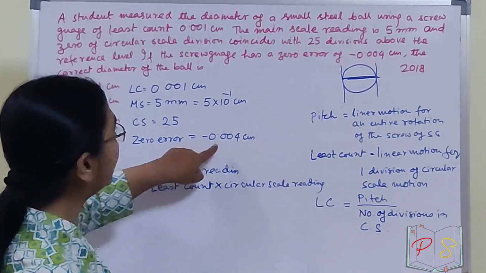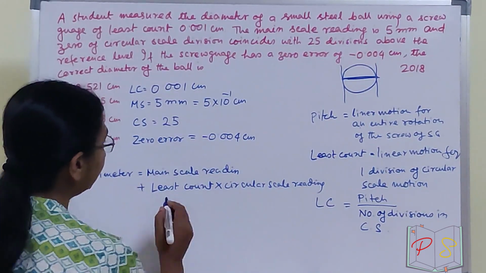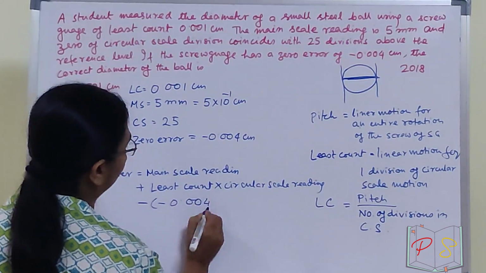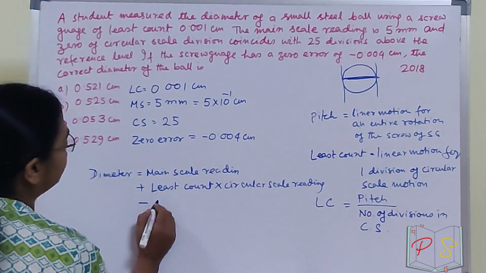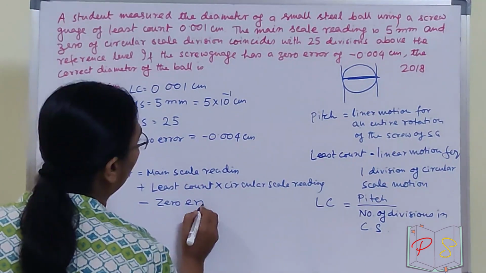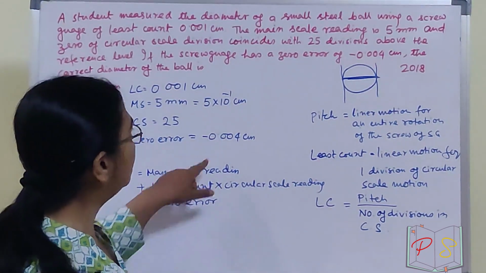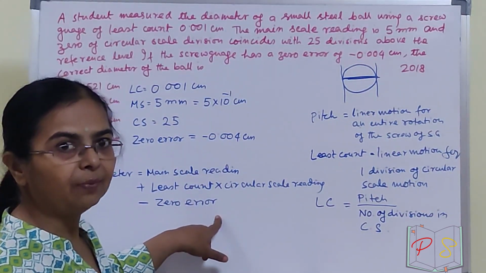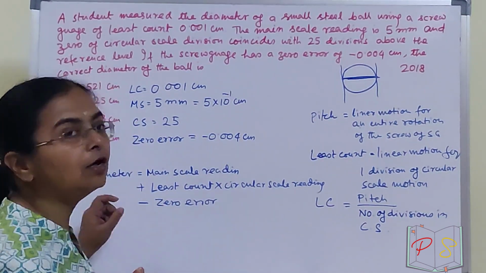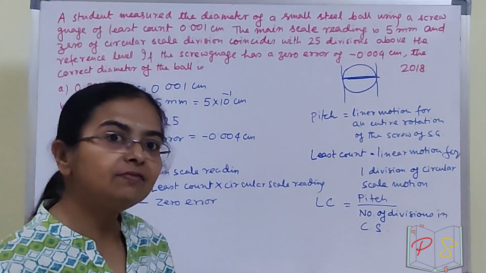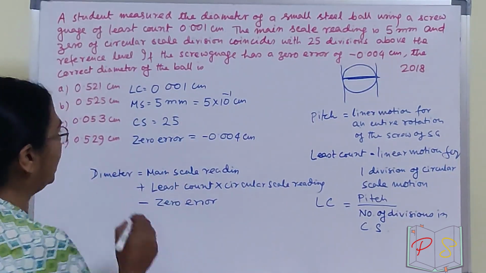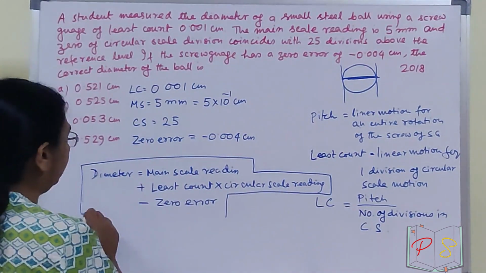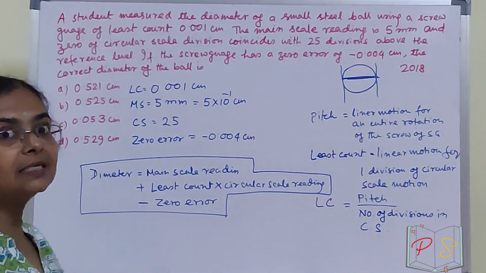You have a negative zero error. So, you need to make a negative of negative 0.004, meaning negative of the zero error. Whatever be your zero error, in my case the zero error is negative, so minus of zero error will be a negative term. If your zero error is positive, then also I will have negative of that positive zero error. This particular formula, I know you will tend to forget, but please do not forget. This is very important.